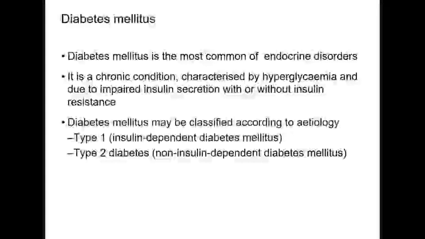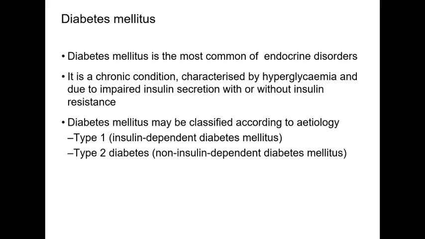So what is diabetes mellitus? Diabetes mellitus is the most common of all the endocrine disorders, and it is a chronic condition which is characterized by hyperglycemia, that is an increase in blood glucose concentration, and it can be due to impaired insulin secretion with or without insulin resistance, meaning that this hyperglycemia can be due to a decrease in secretion of insulin by the pancreas, or